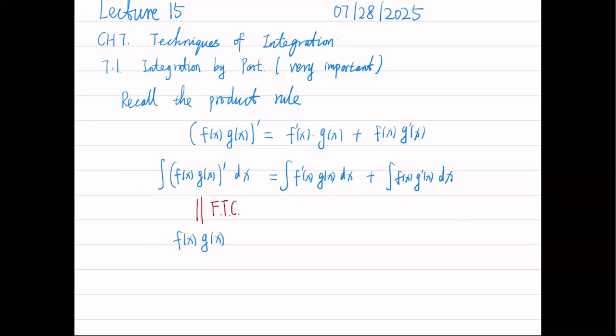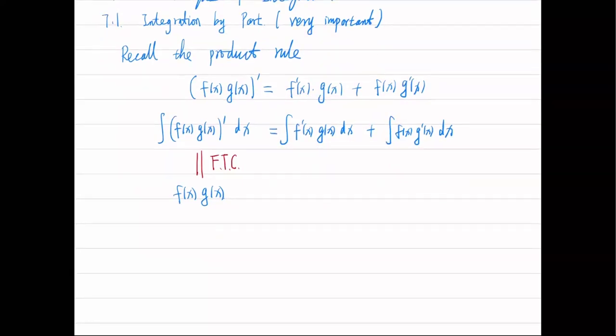Now we're left with two integrals. Normally, if this is the one we are looking for, we want to convert this to something simpler. So one of them is simpler. So we can use the simpler integral to find this more complicated integral. Okay, we will see more examples. So suppose this is a more complicated one. Suppose this is more complicated. Then this integral equals to